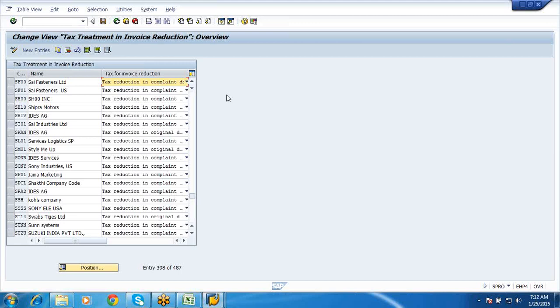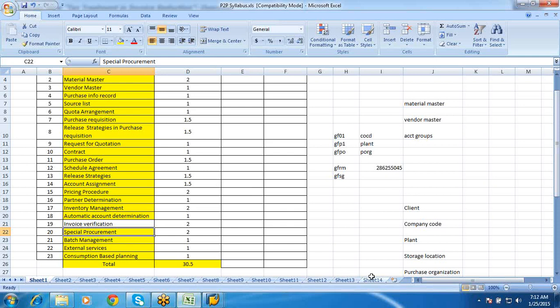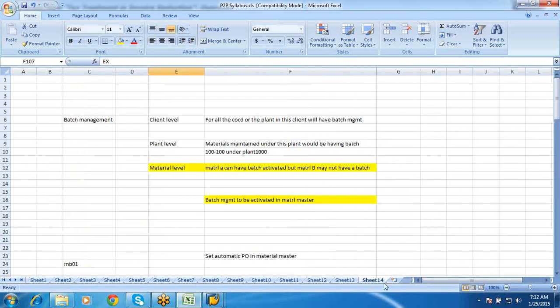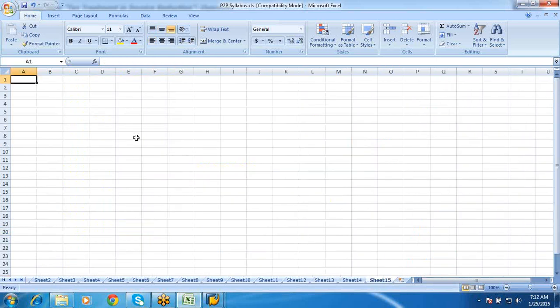For example, I make a PO for 100 pieces, rupees 10 per piece.